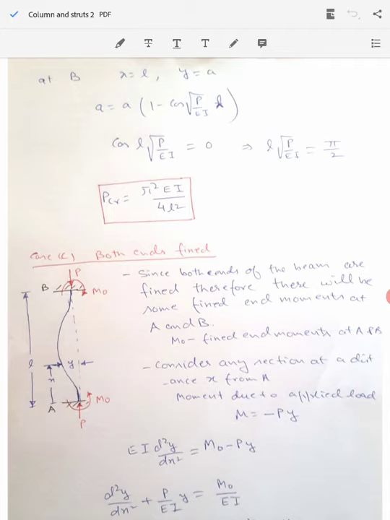And if the value of the applied axial load is equal to the critical load value, PCR, then in that case the column gets deflected and remains in that configuration and doesn't return back to its original position, but there will not be any further increase in the deflection. And if the P value, the applied axial load, is greater than the critical load, then it becomes an unstable condition, and there will be continuous deflection of the column, and it will cause the failure of the column.